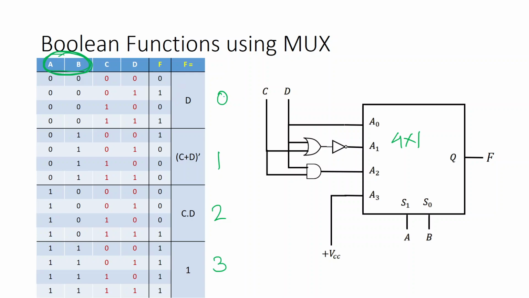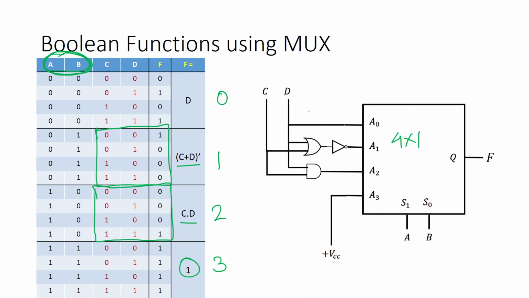And in the first, for the 0, you see F is simply D, it is copying D all through. In this case it is a NOR gate. So this C, D and F, if you look into this part, it is like a NOR gate truth table. This is like an AND gate truth table. So it is C and D, C and D. This was C NOT D. And here you see, it doesn't matter what C and D is, your output is always 1.